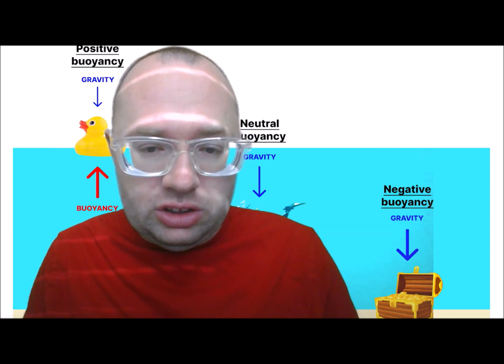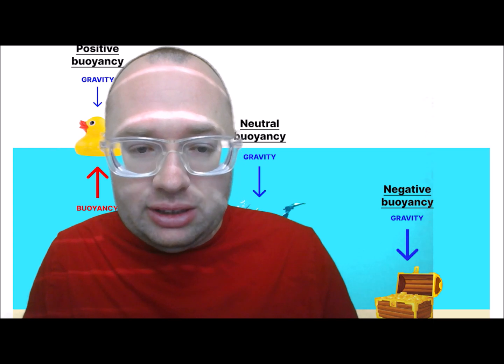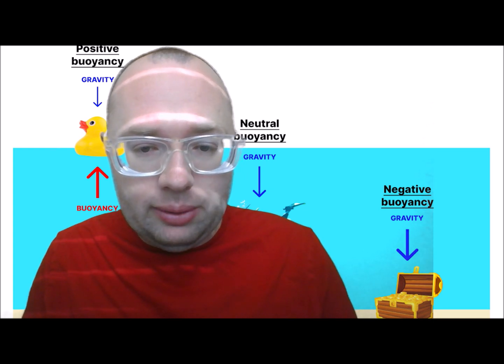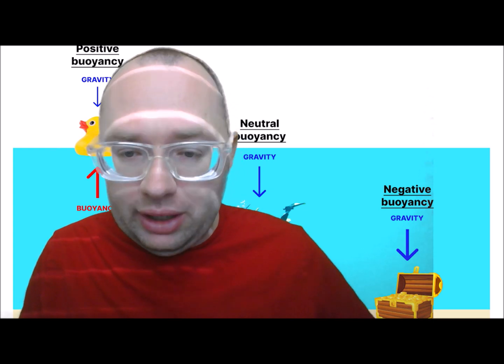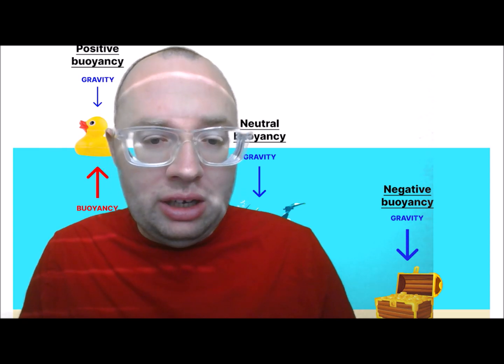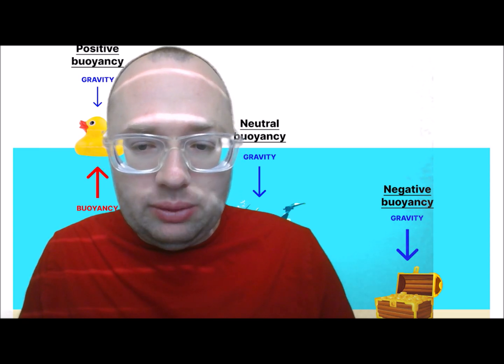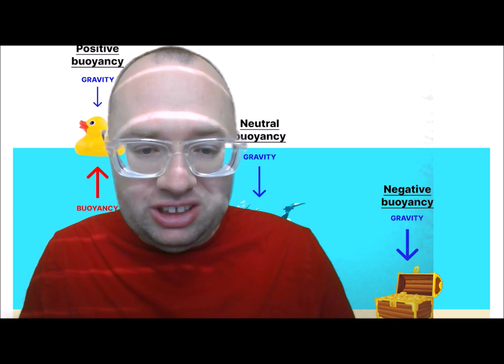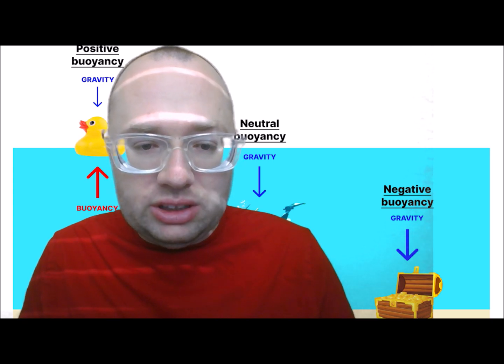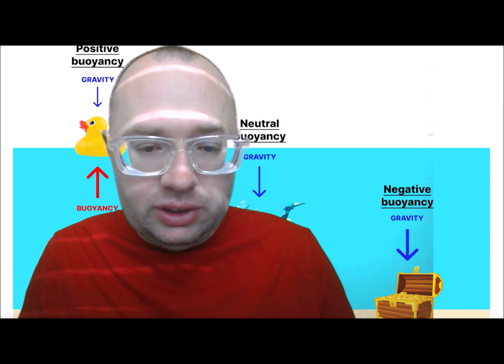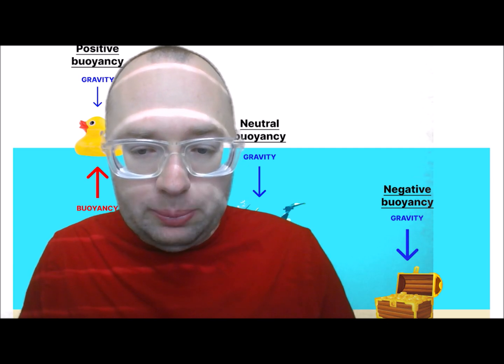Neutral buoyancy is the term used to describe an object that neither sinks to the bottom of a container of fluid nor floats to the top. An object with neutral buoyancy will weigh about the same as the displaced water. The upward and downward forces balance out, so the object hovers. This is why ships float.